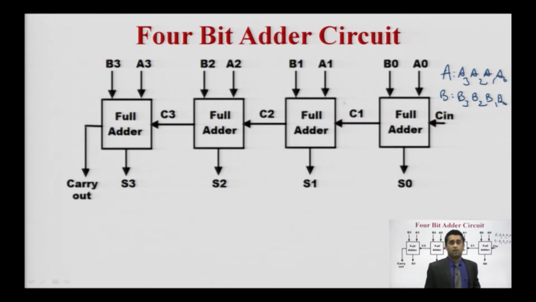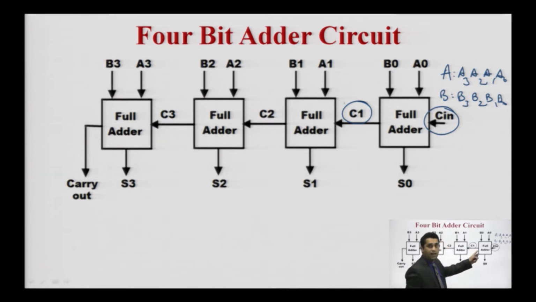What is the issue in this type of calculation? When we are talking about this part, this C in, carry in, and these two are the inputs from the 2 numbers. In this case, this carry out is computed and then treated as the carry in for the next adder. Means here the output of this is working as an input for the second adder. The output of the second adder is treated as the input for the third adder, and the output of the third adder is treated as the input of the fourth one.